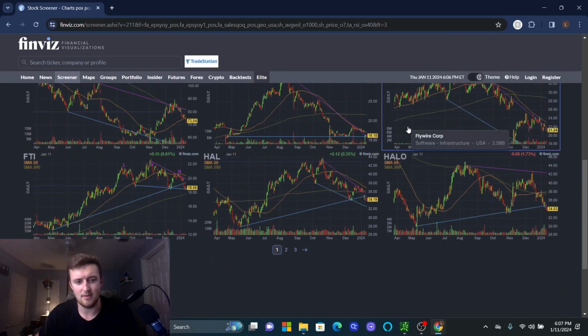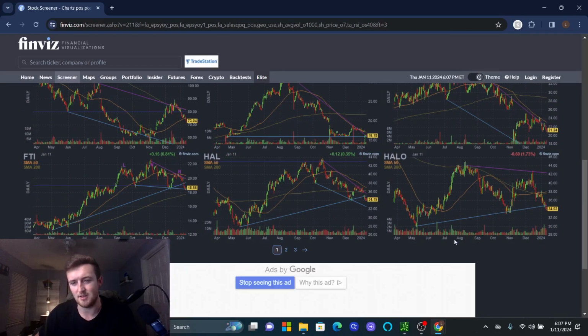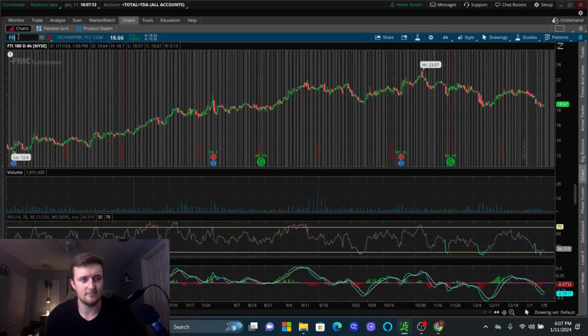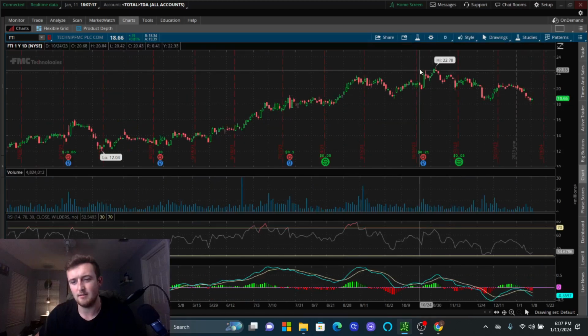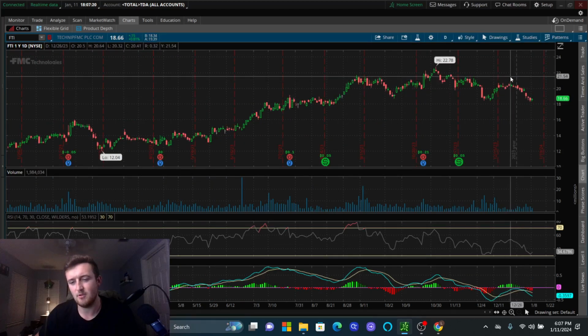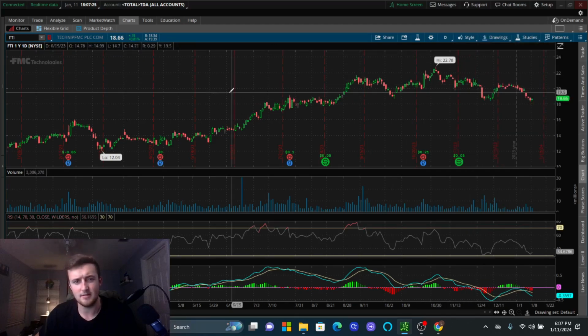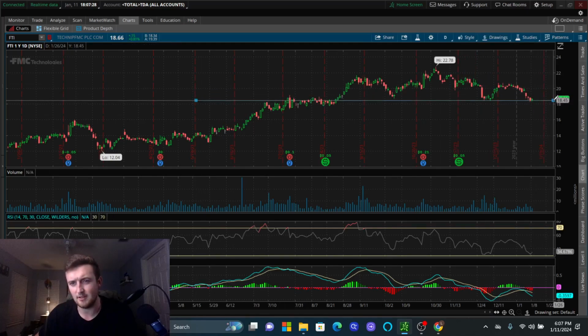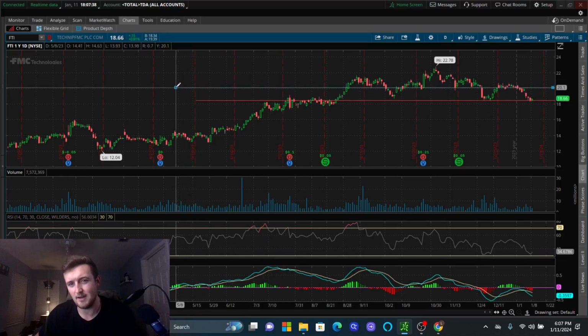I'm going to pick FTI, which looks interesting to me here. We may look at Halo too. Let's look at FTI first. So FTI right here, I'm going to go to year to date. And this is something you want to be wary of, because if you draw out your support line here, you have a clear support zone that we have already tested at this $18.66 level, and then your next resistance zone is going to be right here at this